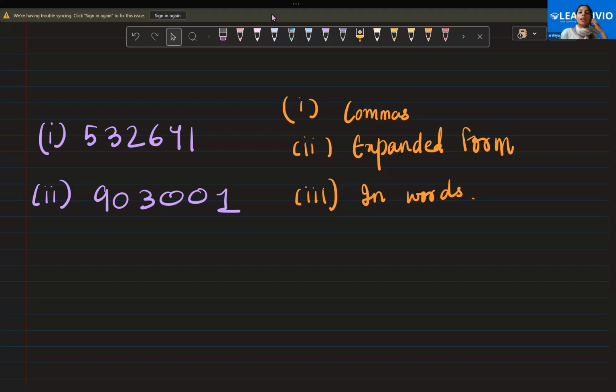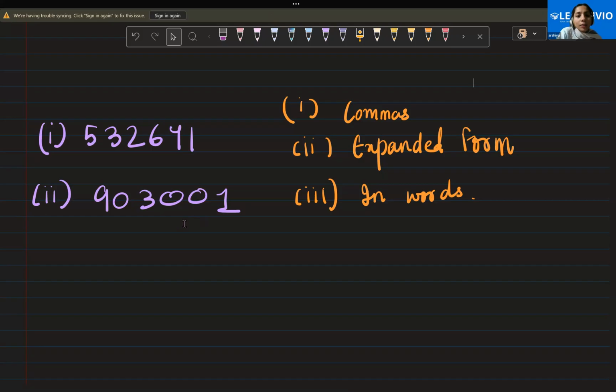Okay. Can you read aloud what you've written in words so that I can tell whether it's correct or there's some mistake? 9,30,001. Oh, wait, wait. Yeah, correct. Okay, give me 1 second. You're saying 9 lakhs, then